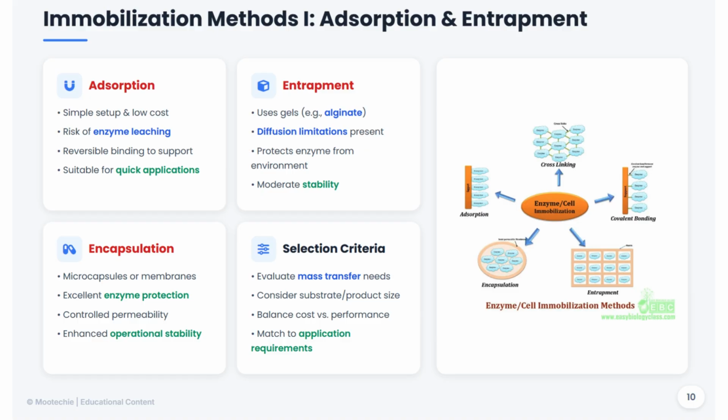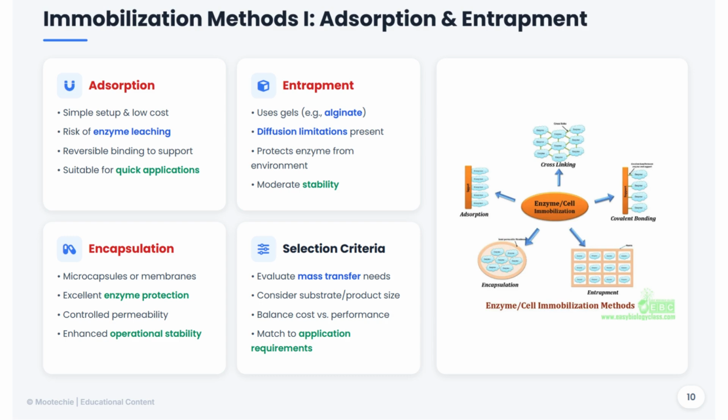Adsorption involves a simple setup at low cost where enzymes are reversibly bound to a support material. The risk here is enzyme leaching, where they can detach. It's suitable for quick applications. Entrapment uses gels, like alginate, to physically trap enzymes inside. A drawback can be diffusion limitations for substrates and products, but it protects the enzyme from the external environment and